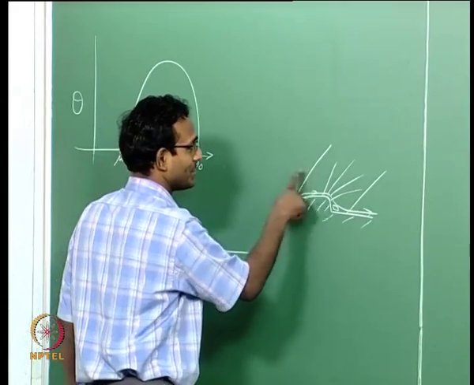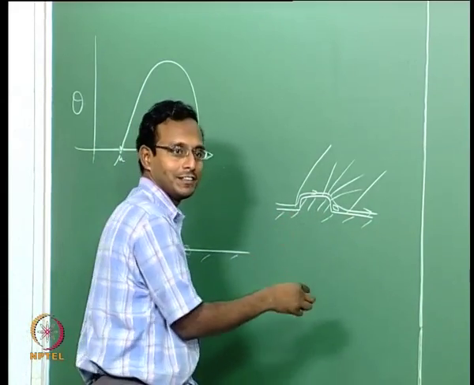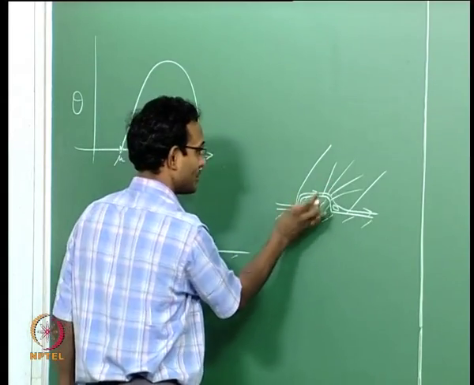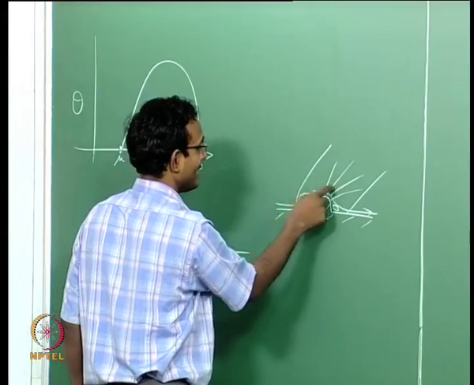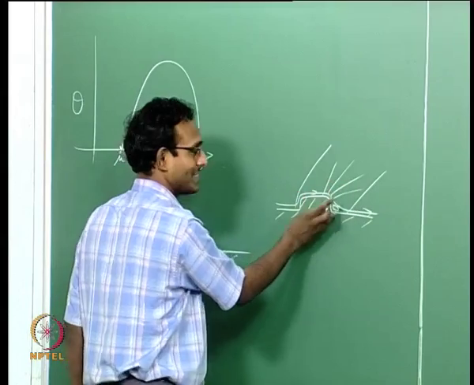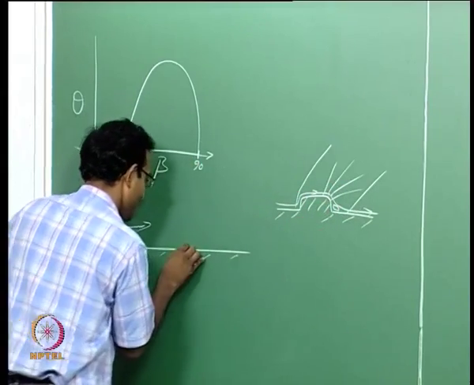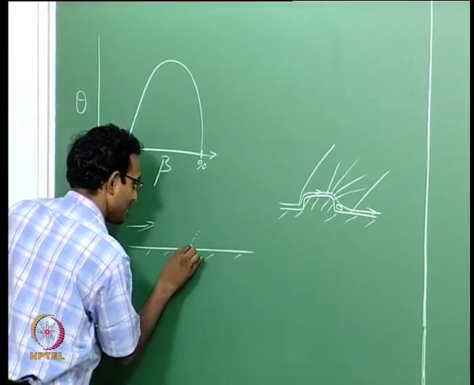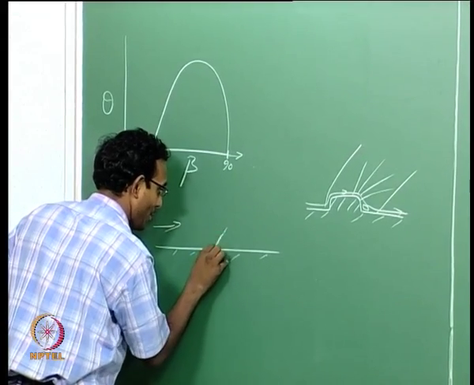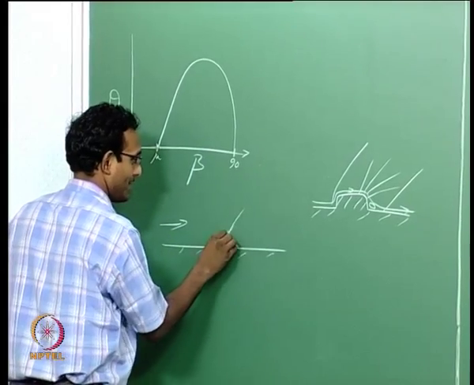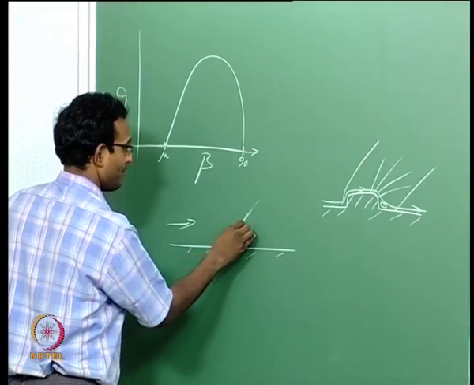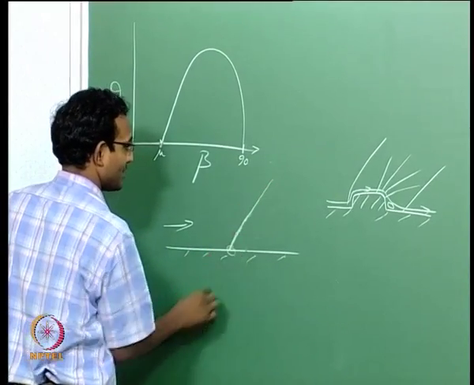What is happening to all these waves? If this is all very tiny, they are all almost starting at the same point. If they are all almost starting at the same point, they will start cancelling each other. This is a compression wave, this is an expansion wave, this is a compression wave. They are all going to cancel each other. The net effect will be a very thin interaction of all these waves. There may be a shock, expansion, shock, all on top of each other, and they are all very weak, they are all almost the same angle, and I eventually get some line which is almost a Mach angle,